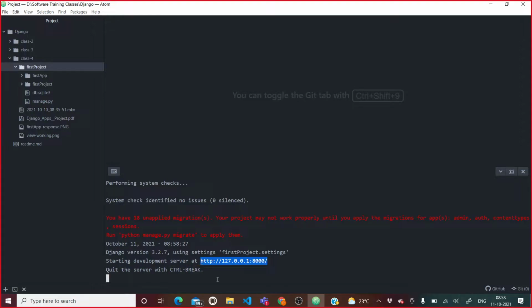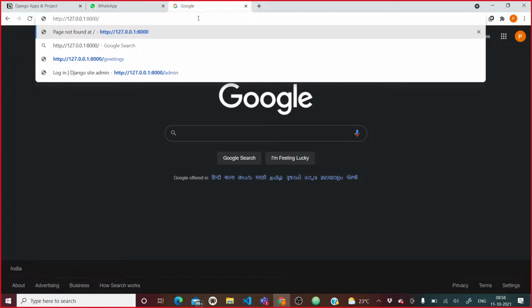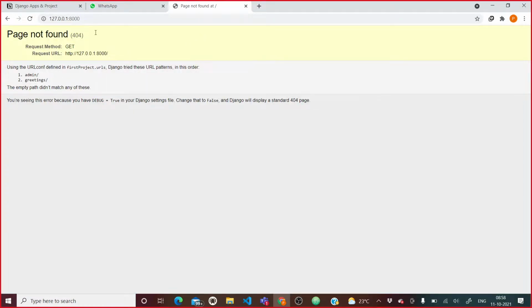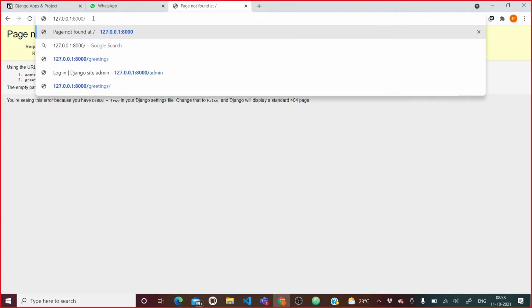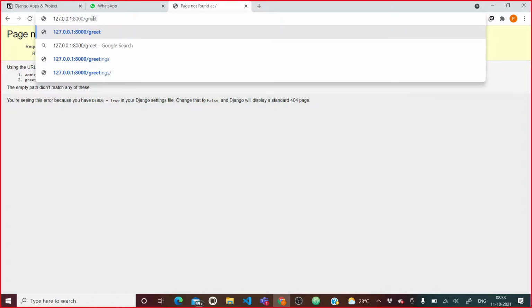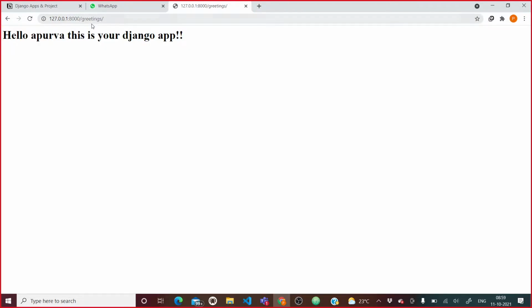I will copy this and come here and send the request. Here if I send the request, see what it is saying. It's saying that this URL has not been mapped to any of the views. So where have we defined our URL? Greetings. So we will say greetings. So see, if someone hits greetings, then it will show hello Apurva, this is your Django app.